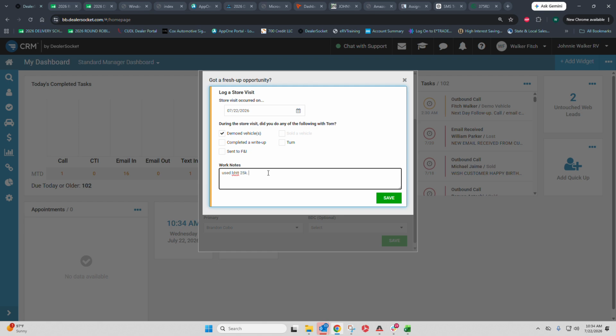The next thing we're gonna do is something about this customer. So we need to know what they're looking for, who they are, or we already know what they're looking for, but who they are, their dynamics and all that stuff. I'm going to keep this one really simple, but the more notes you add, the better. So we're going to put has a family of 4, 2 young children,